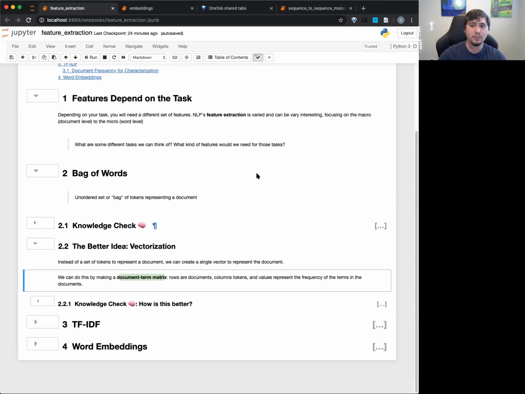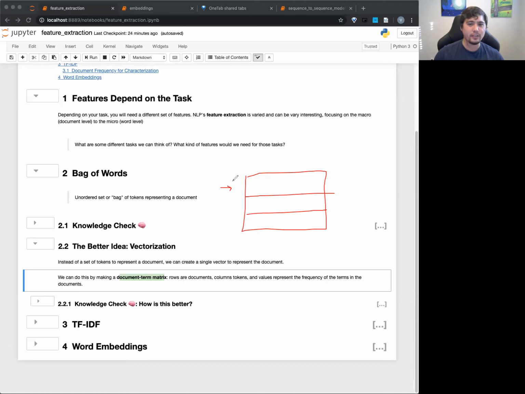Let me draw what this looks like. Each row is a document, so let's say a corpus of tweets. I like using Twitter data, right? So this is a tweet right here. And then the columns are saying, let's say we already tokenized it: dog, this is cat,